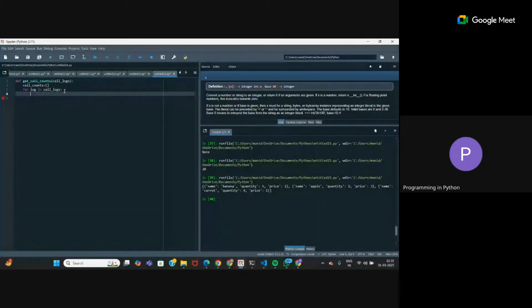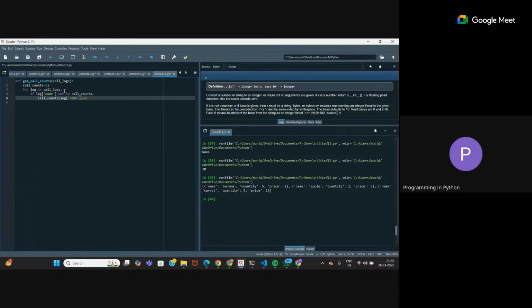Okay. So for every log in call logs, that is for every dictionary in call logs, you check if log name not in call counts, that is if there isn't a key for this name in our dictionary, then you have to create the key. So call counts, key for particular log name, and you assign it the value 0.